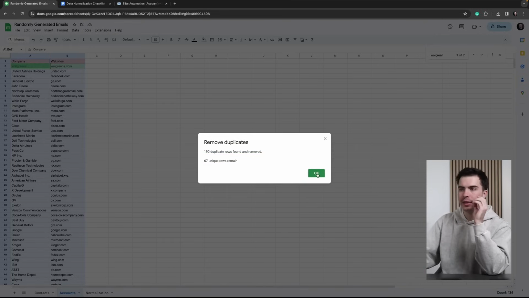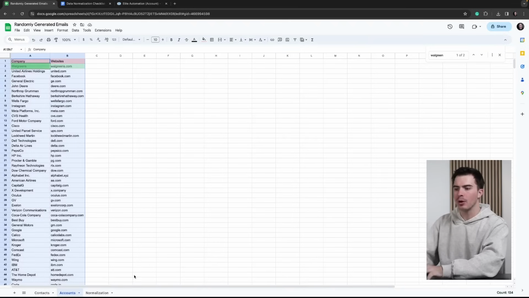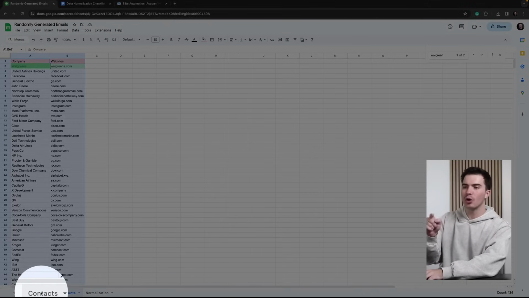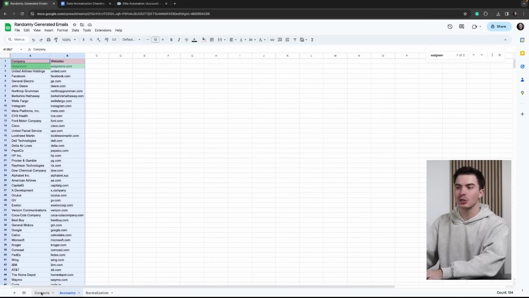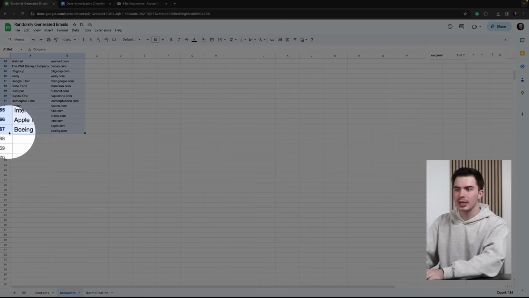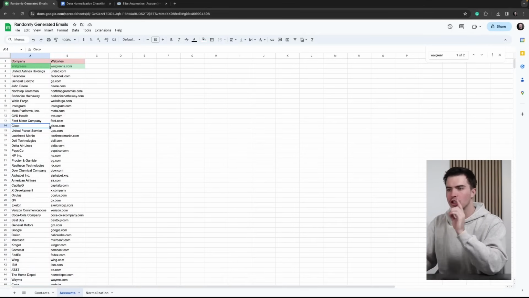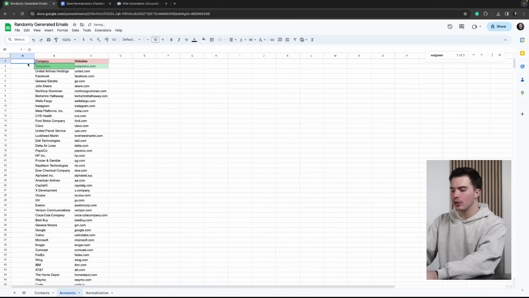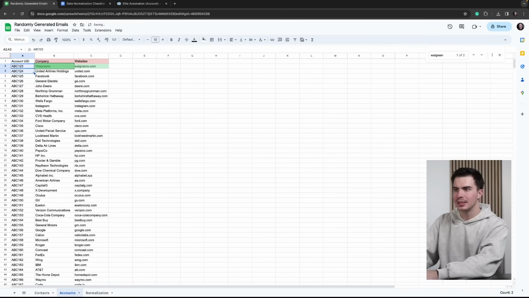So again, what we brought over here that represented the accounts initially had a bunch of duplicates because it came over from contacts. In contacts, each row was representing a contact, not an account. So that's why we had to dedupe this database. And that's why we only have 67 rows remaining, which is good. We don't want duplicates because we're assigning IDs. So now with that done, I can go over here and do UID. You see 1, 2, 3, and I can do 4. Now we'll have 67